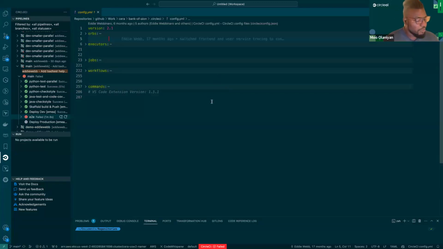So, in order to reduce that context switching, we want the developer to have all of the information available at their fingertips where they are most familiar and comfortable. So we're going to talk a little bit about the CircleCI VS Code extension. But first, actually, while I have the configuration up, I'm going to go through that really quickly and just show you the elements there as well. So, let's say my developer has been working on this configuration file for this pipeline.